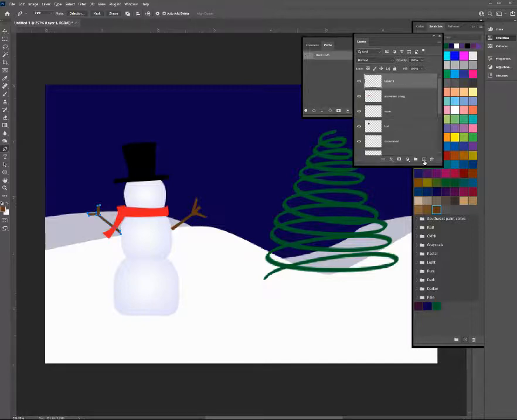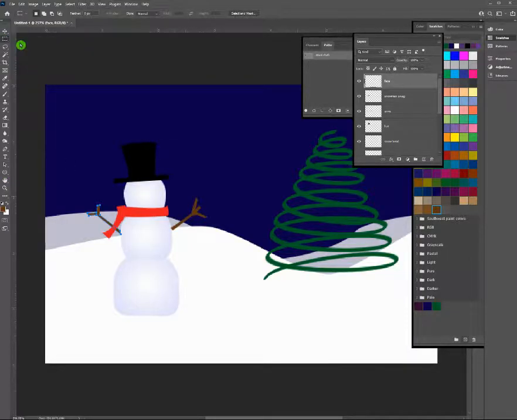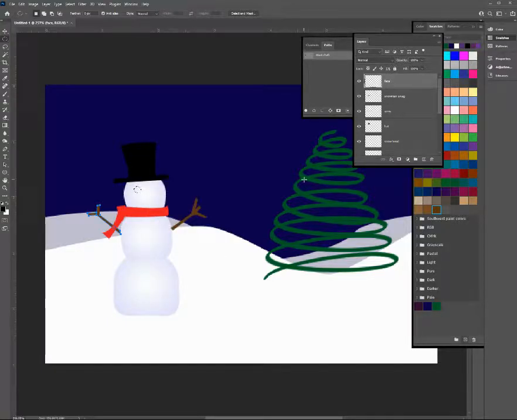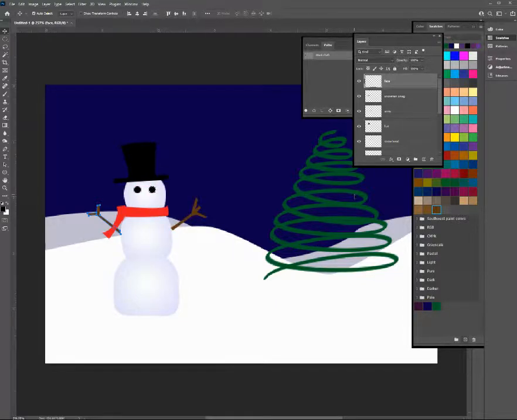If you want to create a whole new layer for his face, that's completely fine. My suggestion is to use either the elliptical marquee or the ellipse tool. This time I'm just going to use the elliptical marquee to go quickly. And I want to get my default colors, and I'm going to give him one eye. I'm going to Alt Backspace to fill it in. I'm going to use my Move tool with my Alt keyboard command to get a perfect copy of this eyeball. I'm going to deselect. I'm going to use the Pen tool